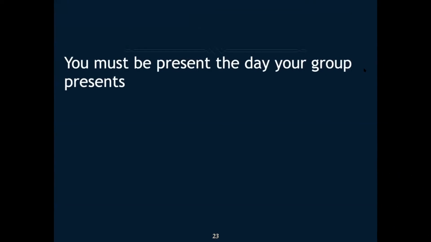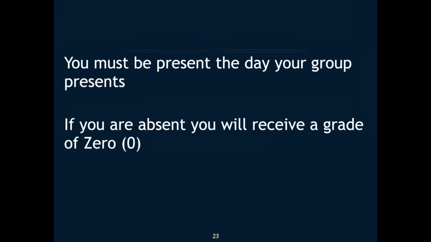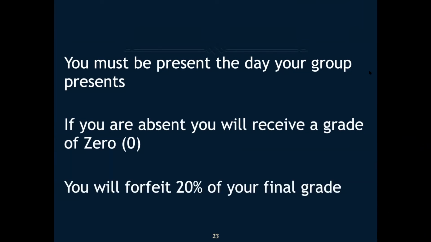Let's say if your score is based on 500 points and one of the members didn't show up, the score will not be based on 500 points. The score will be based on 400 points, and I'll deal with that person separately so it will not affect the group in any way. If you don't present when you're supposed to present, you will receive a 0 because, as I said, I can't tell 5 other people to get back up and redo the assignment. You should have a valid documented reason why you didn't show up to present with your group. And you will forfeit 20% of your final grade.